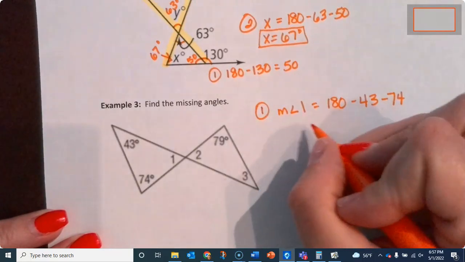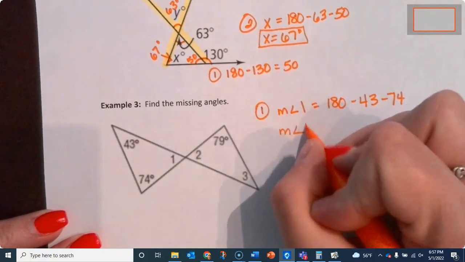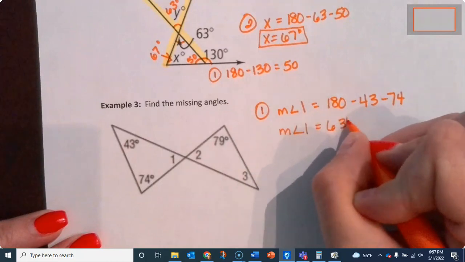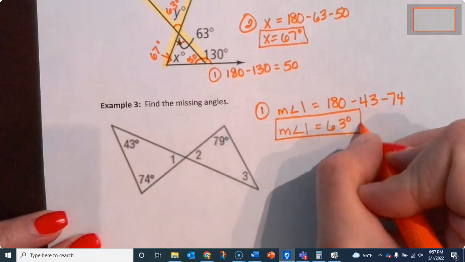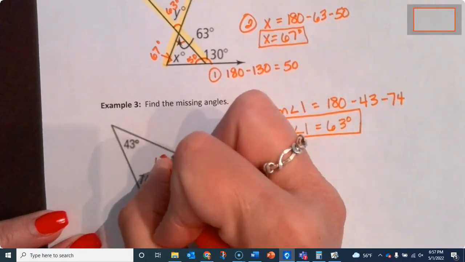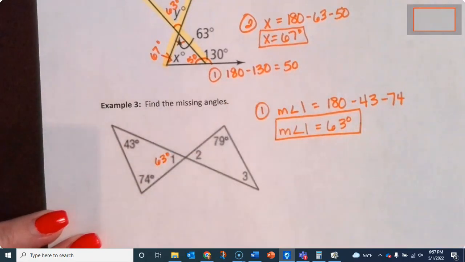And we get 63 degrees. So there's angle 1. And anytime I figure out new information, I always put it on my diagram. That way all my information is on my diagram. All right, now just like we were talking on the last problem,